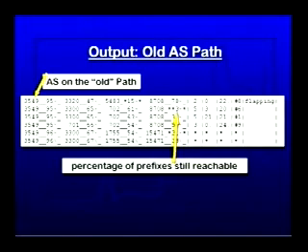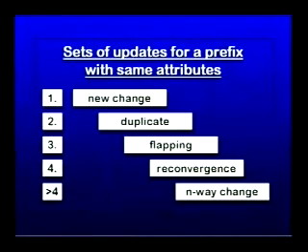So these were only the changes between consecutive updates. Let's look at updates with equal attributes. If you see a set of attributes for the first time, we call this a new change. If there are 2 consecutive updates with equal attributes, these are duplicated changes. If the first and the third update are the same, the third would be called a flapping change. And if the first and the fourth have equal attributes, this would be called a reconvergent change, according to the